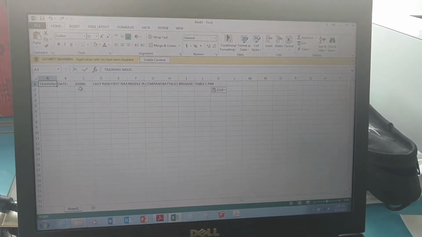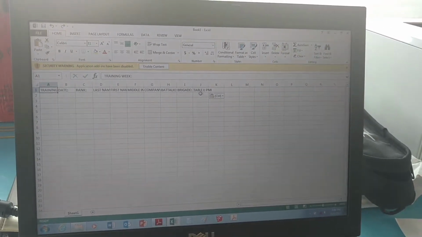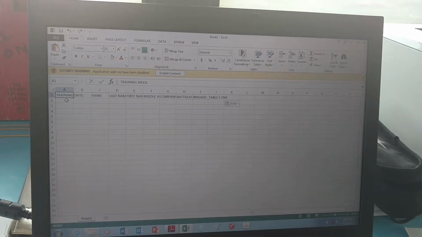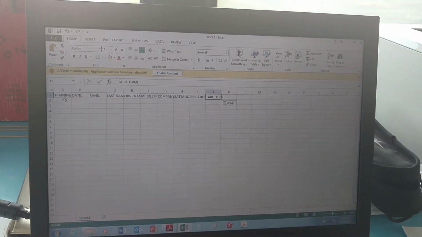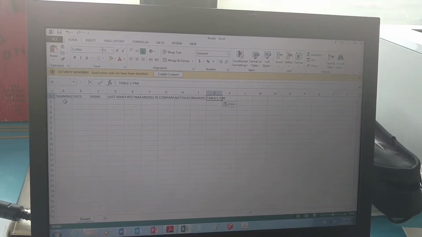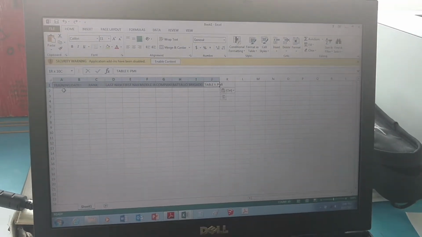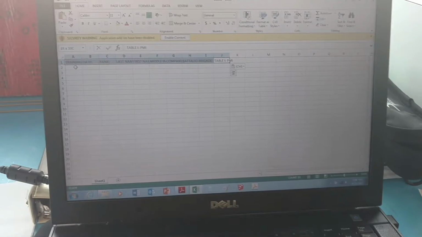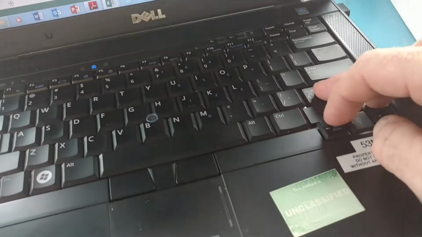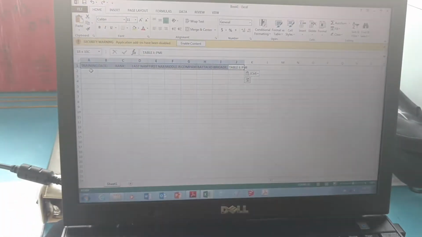So what you're going to do, if you want to create one, is you come up here, come up with the labels you want to create. So in this case, I've got all my headings filled out, and I'm going to go up here to the top, and I'm going to select all the categories up there. And in order to do that, I click Shift, and then click on the arrow key, come over, and select